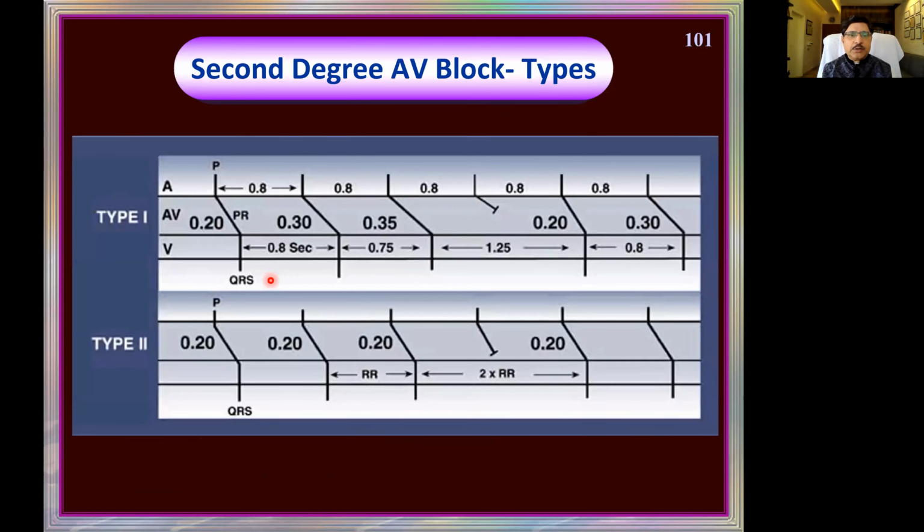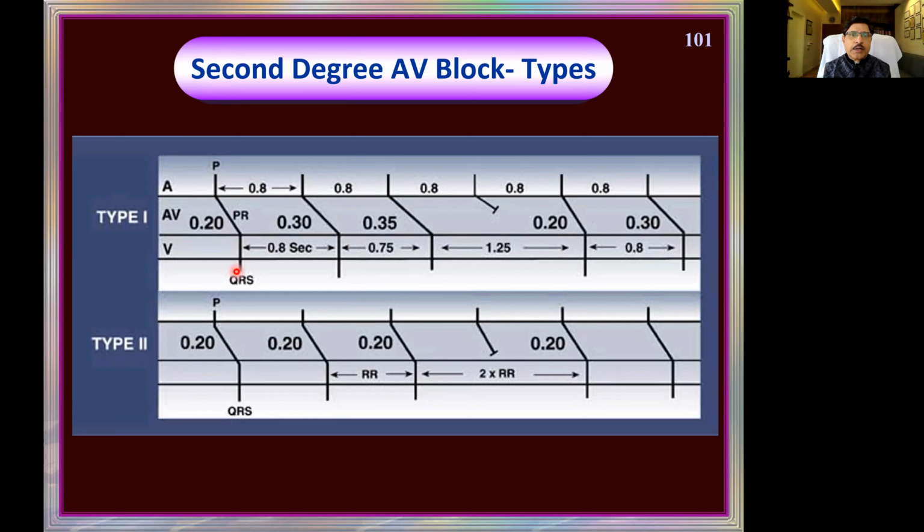There is no better way of understanding than this one. This I find is very easy. So let us concentrate first on type 1, not look at type 2 now. In type 1, this is the P wave, which has originated in the atria; A is atria, AV is AV nodal conduction and V is the ventricular. When the P wave occurs, after a delay, from the P wave start to the beginning of the QRS is the PR interval, from here to here. That is less than 0.2 seconds normally.